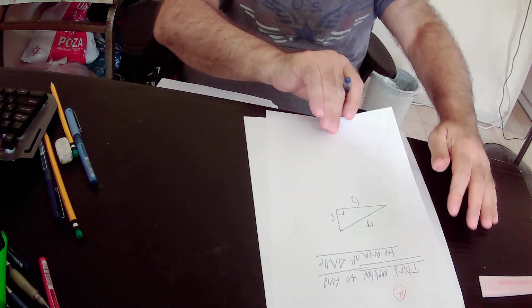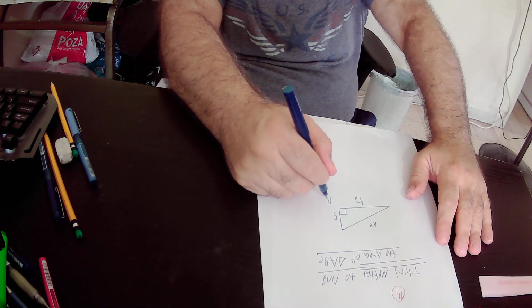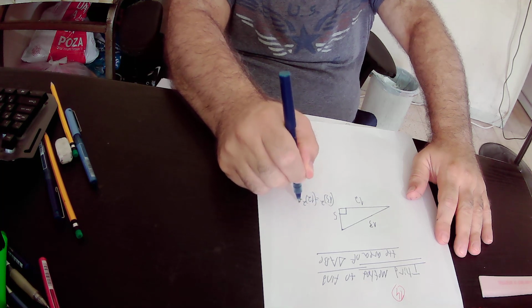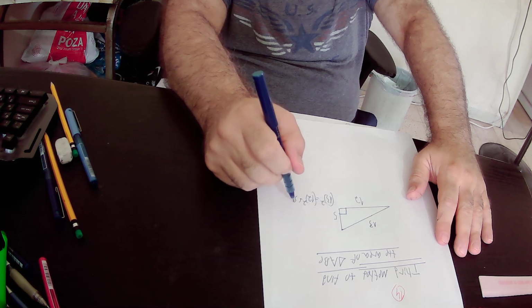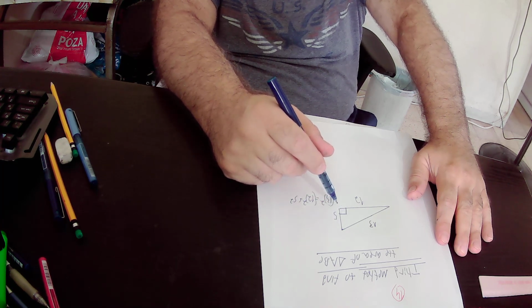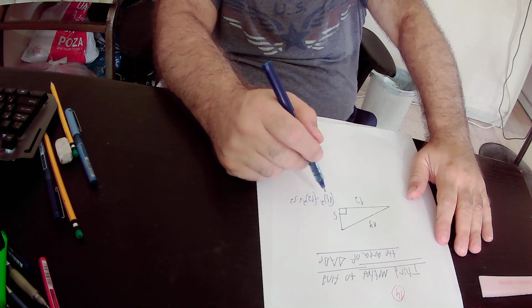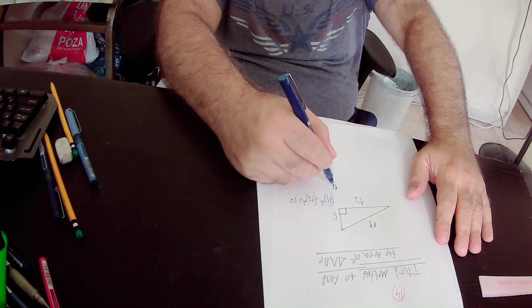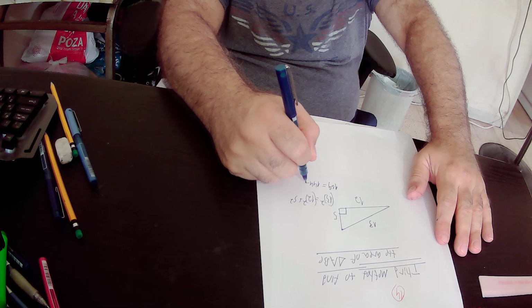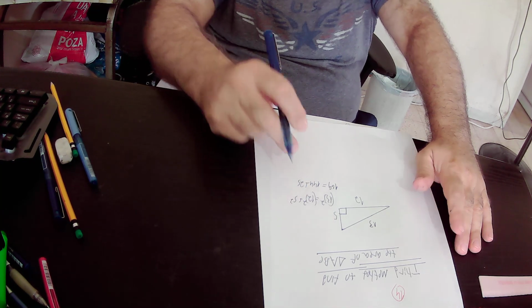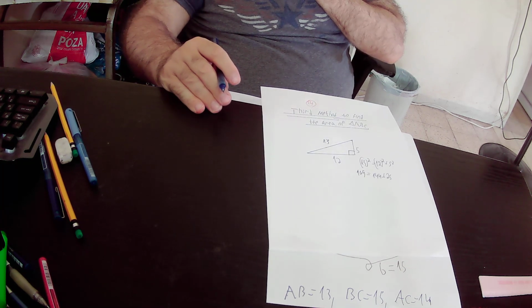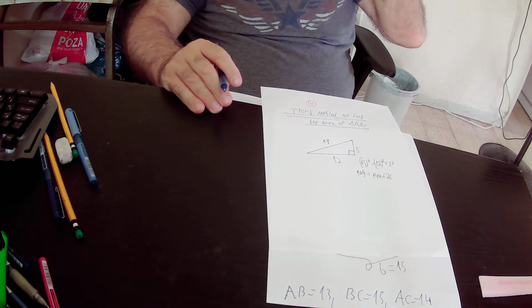So we will check if 13 square equals 12 square plus 5 square, and if it is true, then this is a right triangle because the Pythagorean theorem is valid only on right triangles. So 13 square is 169 equals 12 square is 144 plus 5 square is 25, and indeed 169 equals 144 plus 25,